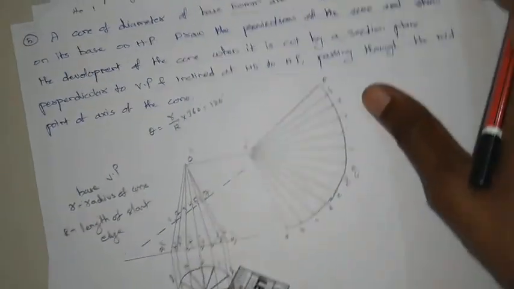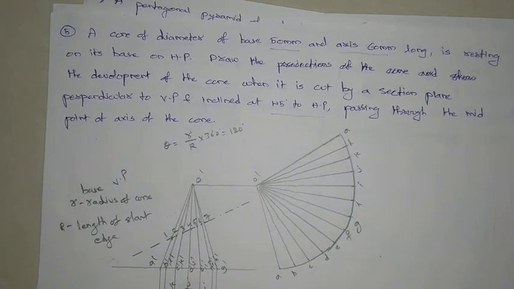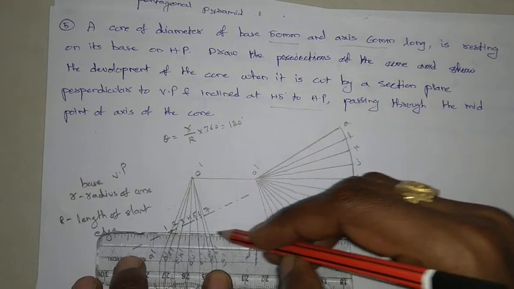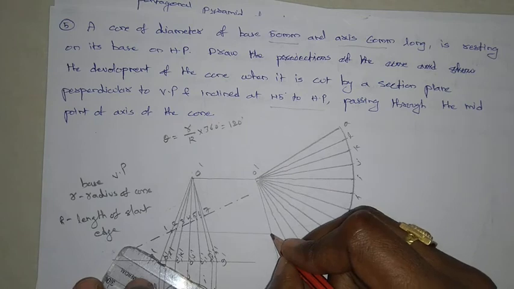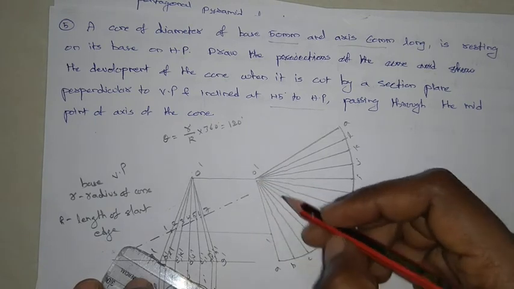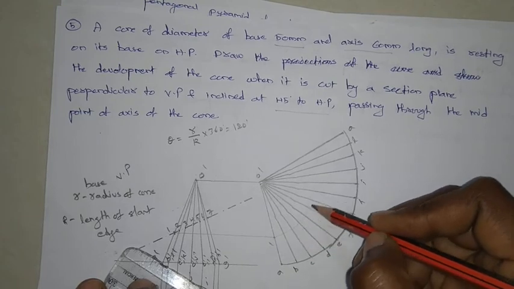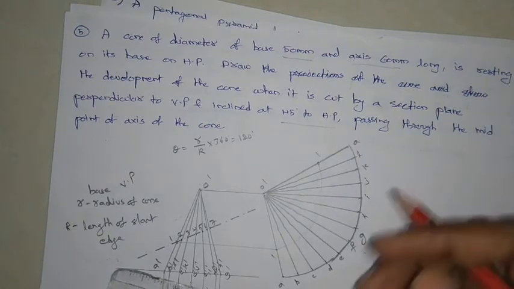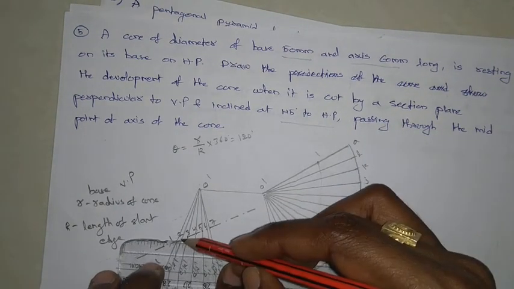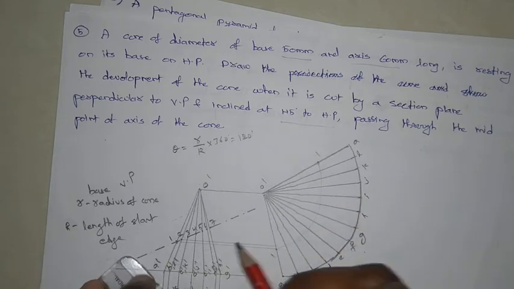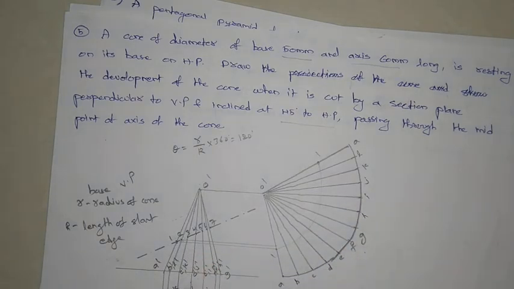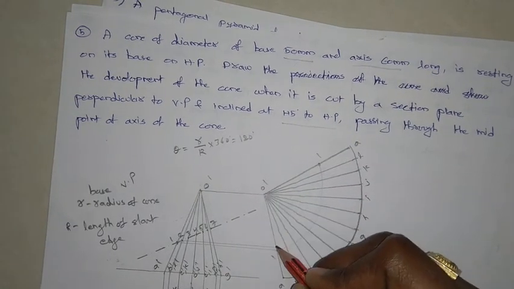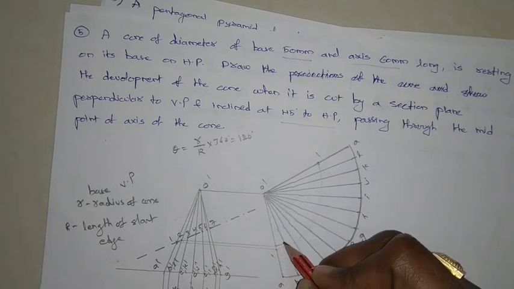Now this is how you have to draw the development. Next you have to plot the truncated portion. Now project this one up to here. Here it is 1, and with the help of same radius you have to project this up to here. Here also this is 1. Next project this 2 up to first portion. So you can see 2 is lying on OB and OL. It is lying on OB and OL. So after drawing up to this portion from here to here as radius, project this point here,